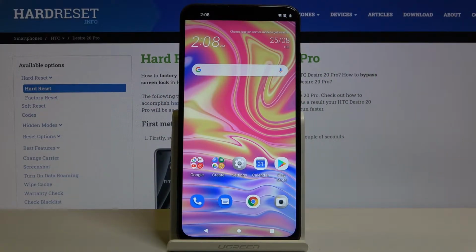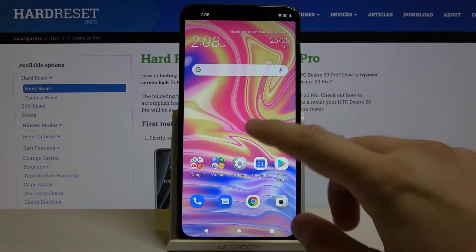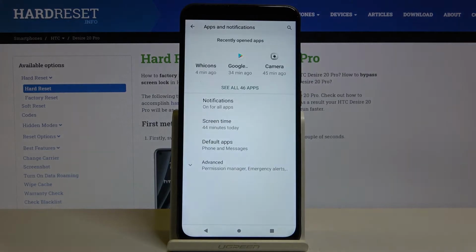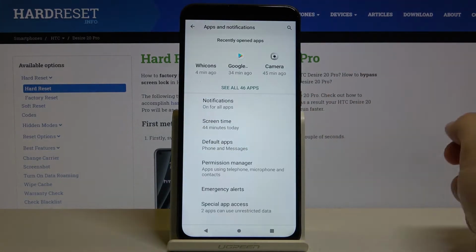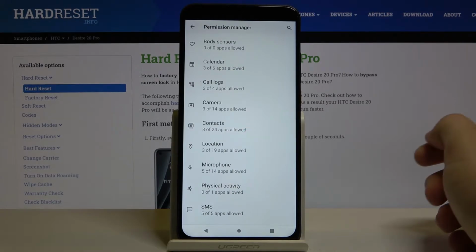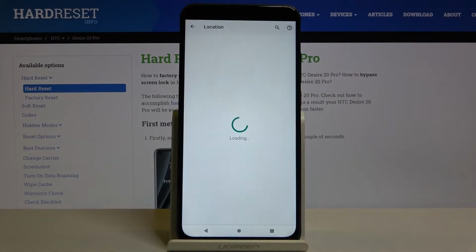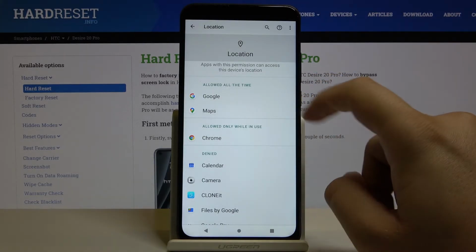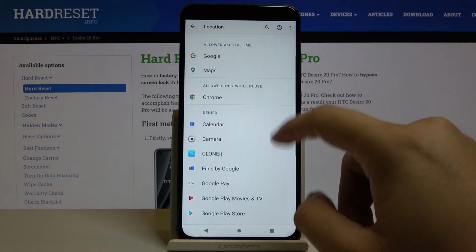Welcome. If you want to manage app permissions in your HTC Desire 20 Pro, first you have to go to the settings. Right now we have to go to the apps and notifications, and here you have to go to the advanced and select the permission manager. For example, we can go to the location,